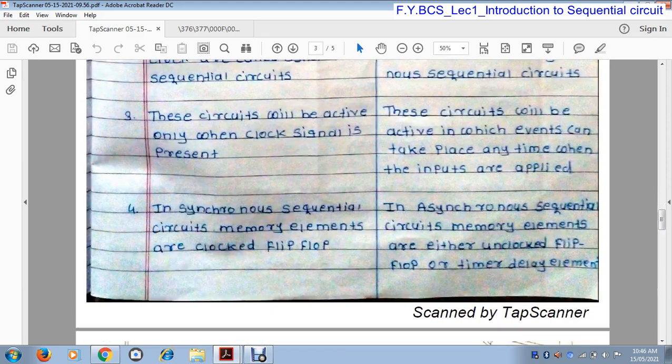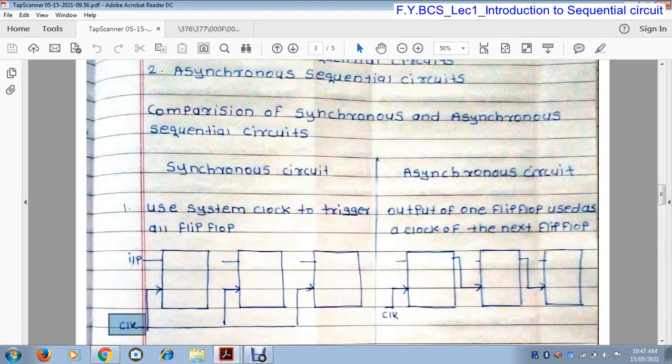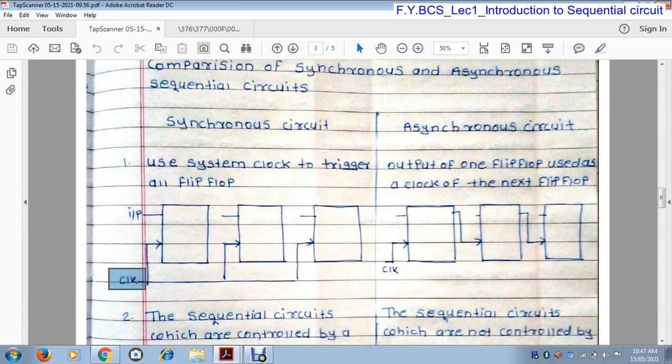In case of an asynchronous sequential circuit, the memory elements are either unclocked flip-flops or time delay elements. Why unclocked? Because its clock input is nothing but the output of the previous flip-flop.